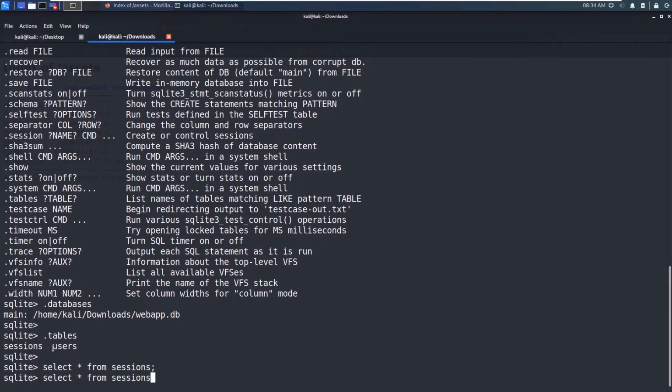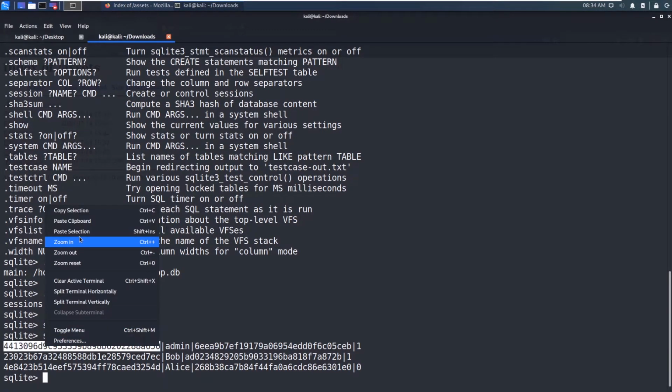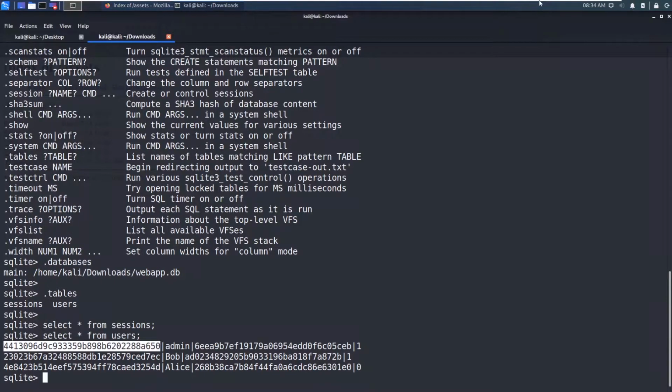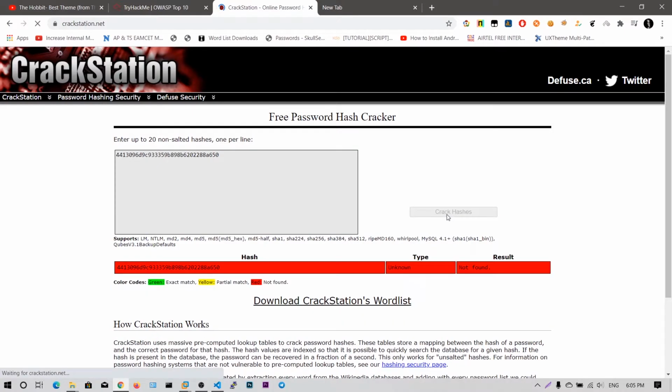Now I think this sessions table is empty. From the users table we have admin, Bob and Alice. I think this is the hash. Let me check. Copy this, and they have mentioned CrackStation. Let me paste it in here and let this website crack the hashes for you.